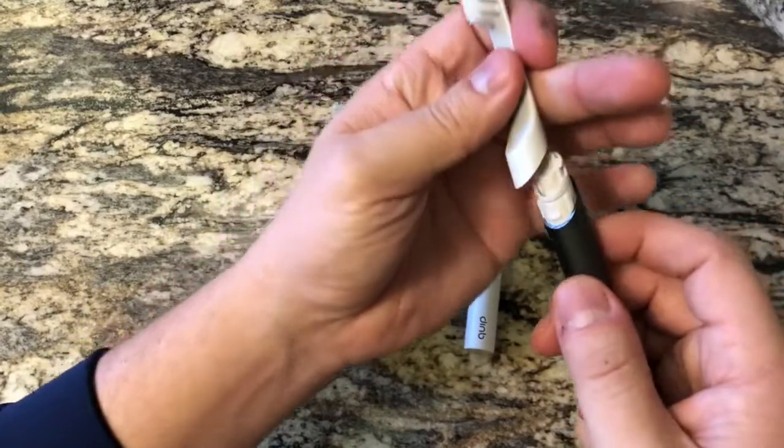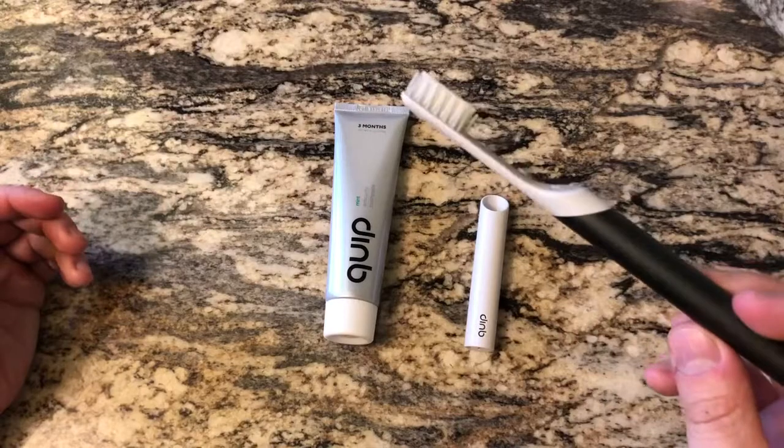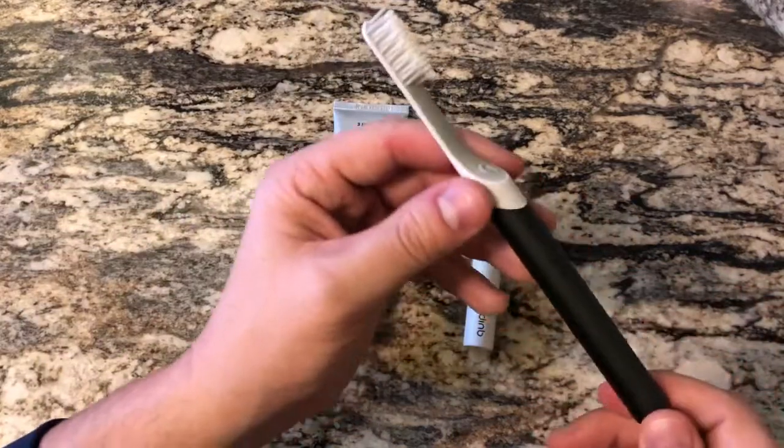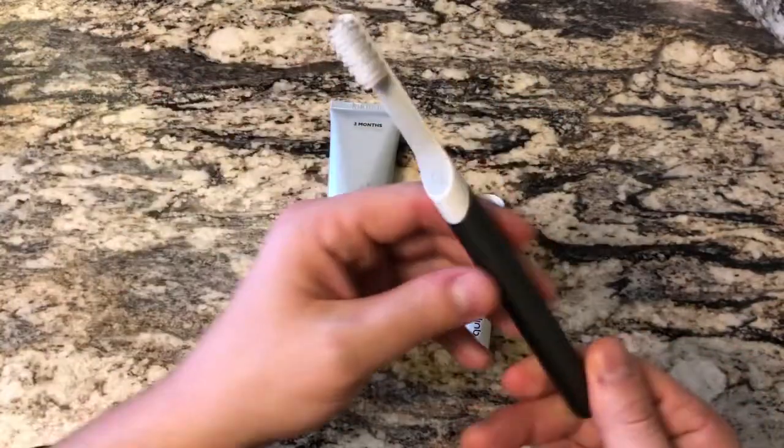And then we just kind of bring this back and snap it back on. A lot easier to put together. Pulling it off, like I said, at first you feel like you're gonna break it and you feel like you're doing something wrong, but obviously it's the only point that can get the battery to it. So